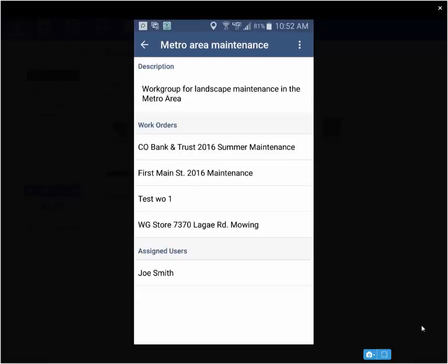For example, we are looking at the Metro Area Maintenance Work Group. This work group has 4 work orders assigned to it: the CO Bank and Trust Summer Maintenance, First Main Street Maintenance, the test work order we put in earlier, and the WG Store 7370 mowing work order. We have one assigned user in this work group, and that's Joe Smith. So that means that Joe can see all 4 of these work orders, and he can see the properties associated